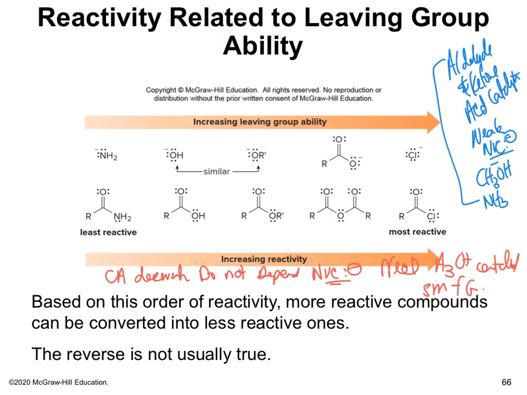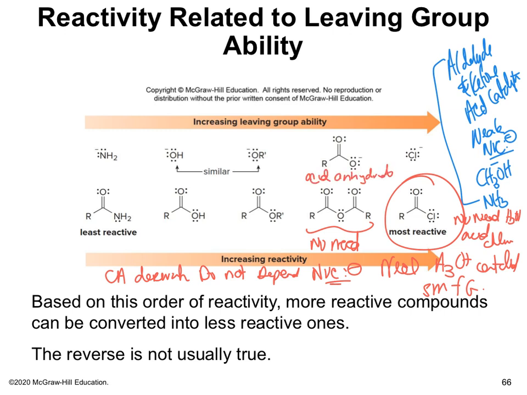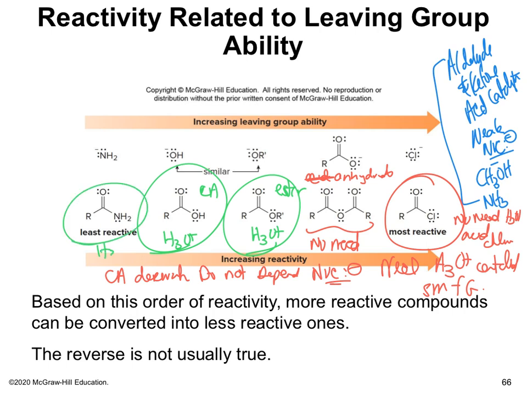Okay, so remember I said that acid chlorides are the most reactive. No need for acid catalyst. We don't need that. Acid anhydrides, no need. This is acid anhydride, or just an anhydride. These are very reactive. Okay, so they don't need acid catalyst. What does? This is going to need acid, an ester. They're not reactive enough. Carboxylic acids, they need acid catalyst, not reactive enough. Amides definitely would need acid catalyst, not reactive. Okay, so these are the ones that are going to need your acid catalyst. These are